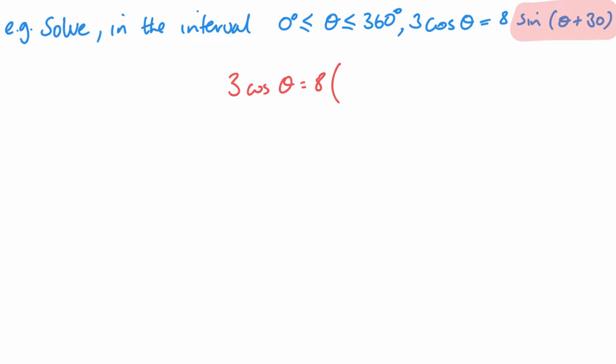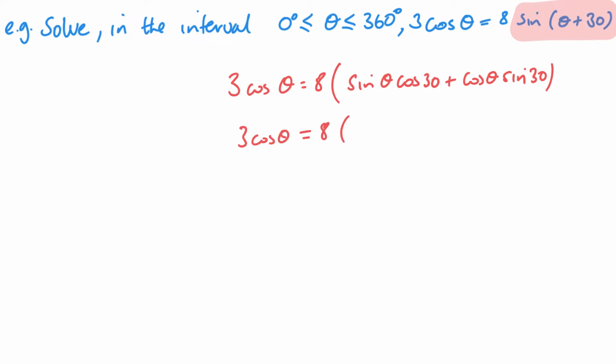Now the sine of theta plus 30 is a plus b, so that's sine theta cos 30 plus cos theta sine 30. And you should know what 30 degrees is